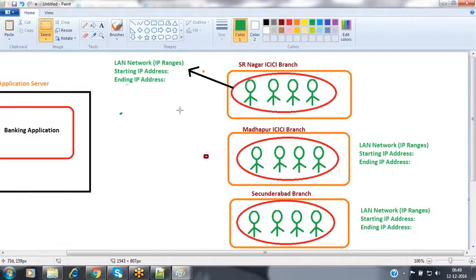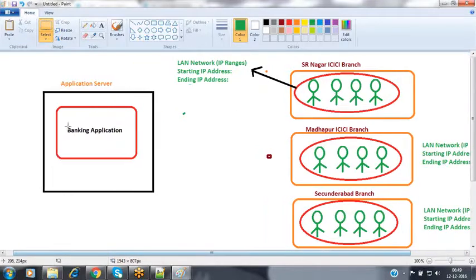Now whenever people are going to be accessing this particular application, first of all we can restrict this application so that this bank application can be accessible within those specific IP ranges only. Suppose for example I'm a bank employee, I'm a manager. Today there is so much work, but because I'm sick I'm unable to attend the bank. I'm not able to come to the office. Then what can we do?